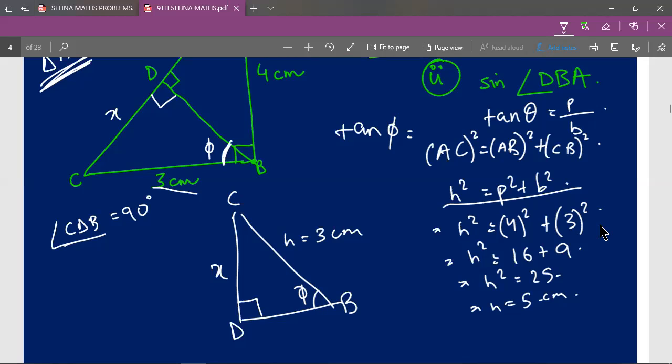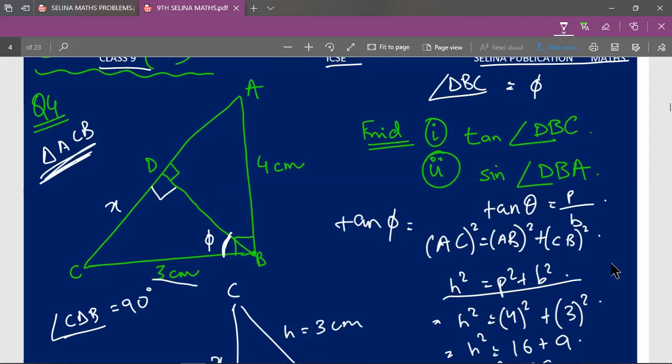Now this is known as the LHS and this is known as the RHS. LHS is left hand side, RHS is right hand side. So the square on the left hand side will go to the right hand side and become a root. So root 25. Now in square roots, you must have learned about roots. So 5 into 5 is equal to 25. Therefore root 25 is equal to 5 centimeter. So therefore H is equal to 5 centimeter. So therefore AC, that is the hypotenuse for triangle ACB, is 5 centimeters.